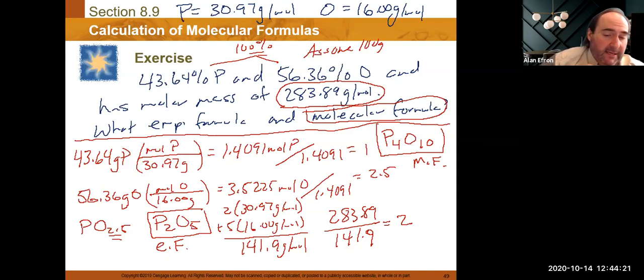But you do need a couple pieces of information to approach it in this way that I'm going to show you. You need the molar mass of the compound given to you, and you do need to know the percentages of each of the elements that are present. And we basically can take a percent composition approach here. So for example,